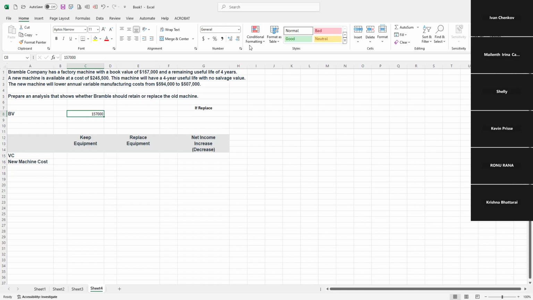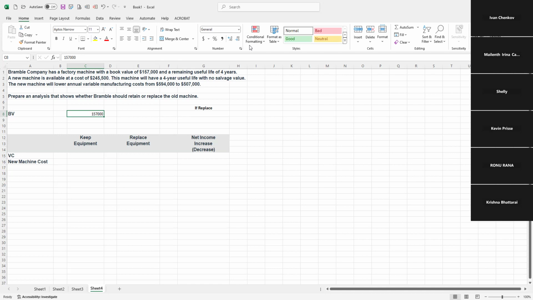The new machine will lower the annual variable cost from that much to that much. So the old cost and the new cost, the current variable manufacturing cost